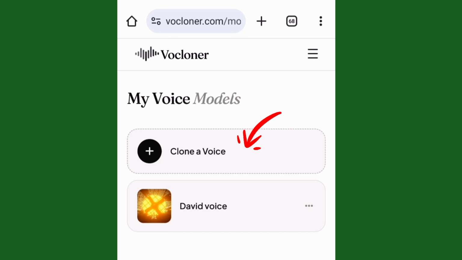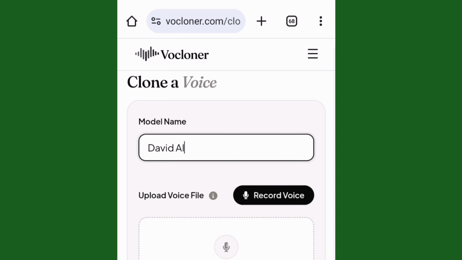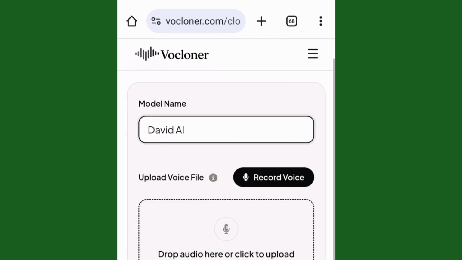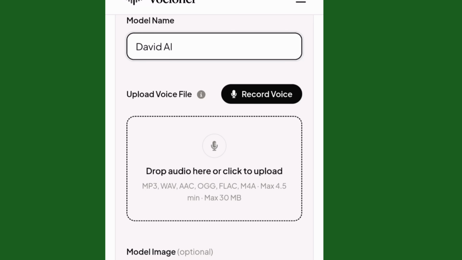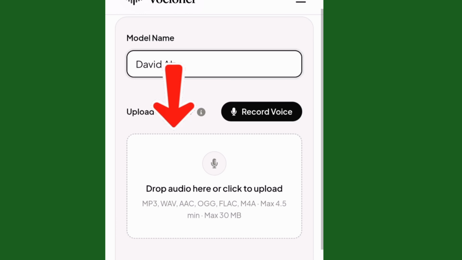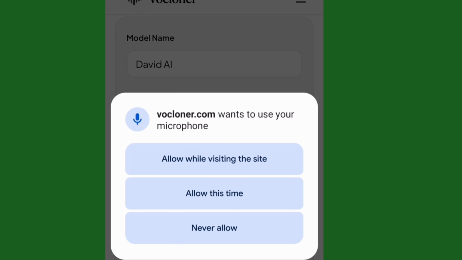You click on clone a voice. Choose a name for your voice. So after choosing a name, what you need to do, you need to upload your voice. If you have any voice that you have recorded before, maybe in your phone or anywhere, you need to upload it here. Or if you don't do like that, you click on record voice to record it directly on the